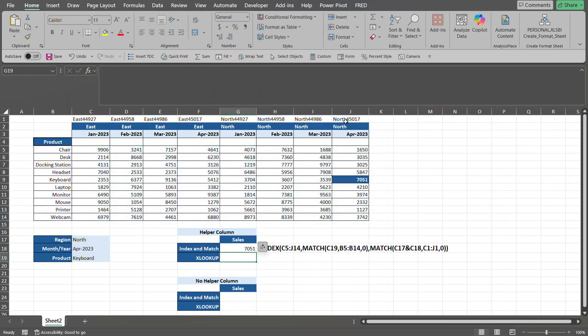then press enter. Okay. So as you can see, we brought back 751. 751, the exact number. So let's change up these parameters here. Let's go to east. Okay. It comes over here. So we're looking for east. Okay. That's in this area right here. We're looking for the April, East April. Then we want to look for the product keyboard. So we go find it in this row, keyboard, and we scroll over, and that's how we come up with the 5412. So we know that this formula is working for multiple different